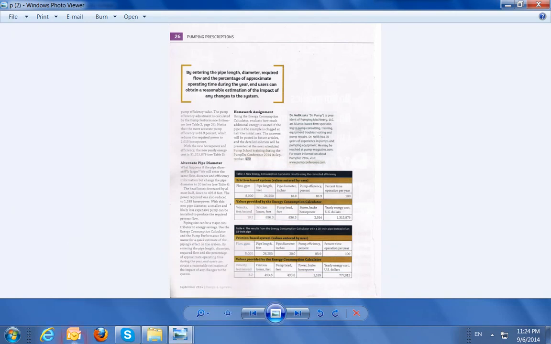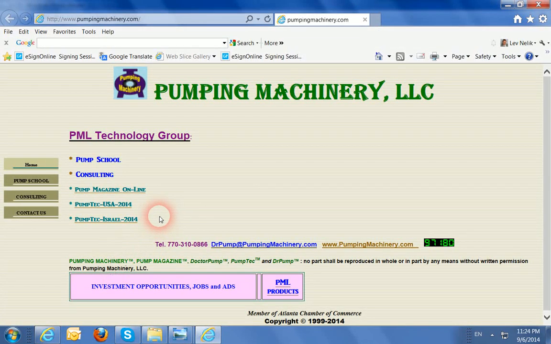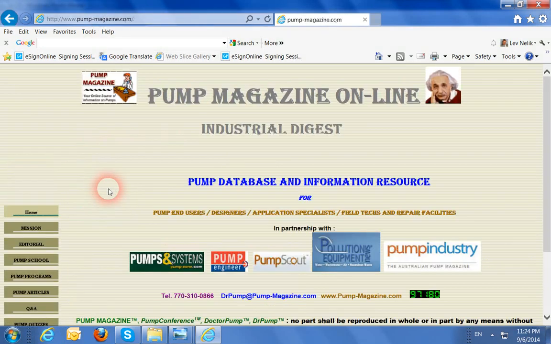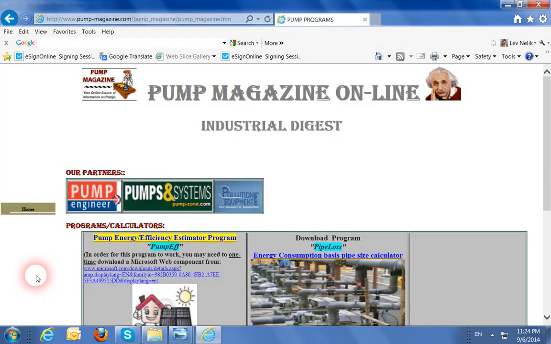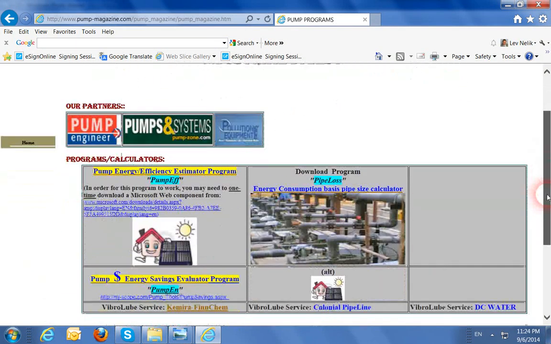So what I'll do is we'll go to our website, pumpmachinery.com, and under the Pump Magazine tab, click on that. We'll see another tab called Pump Programs. Click on that. Several programs come up, and one of them is called pipe